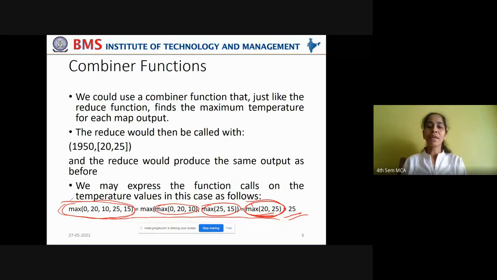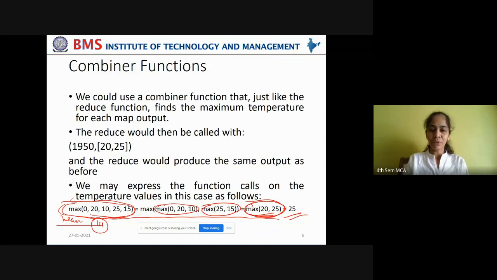But if you take, instead of the max aggregate function, the mean, what will happen? Let us see. Now, instead of maximum, you're finding the average temperature. In this case, the average temperature for this is 0 plus 20 plus 10 plus 25 plus 15, that is 70, divided by 5, so the value will be 14.